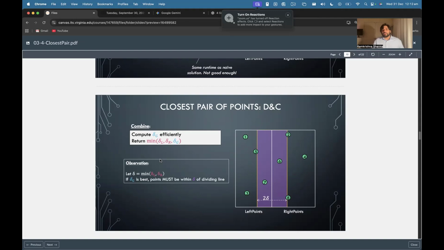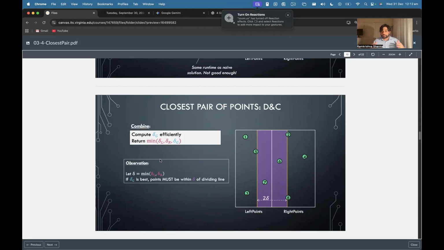So we say, okay, well, we'll go delta to the left, right? And we'll go delta to the right. And that will be kind of our bracket. It will be, in a sense, the width of our strip. And we hope, in fact, geometrically, we know that any combination, any pair that could possibly have a distance less than delta will in fact be encapsulated within that strip for sure,